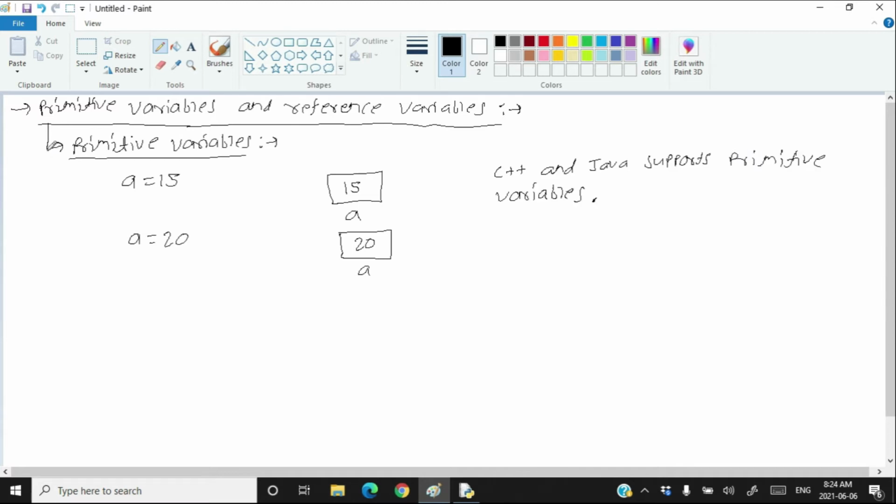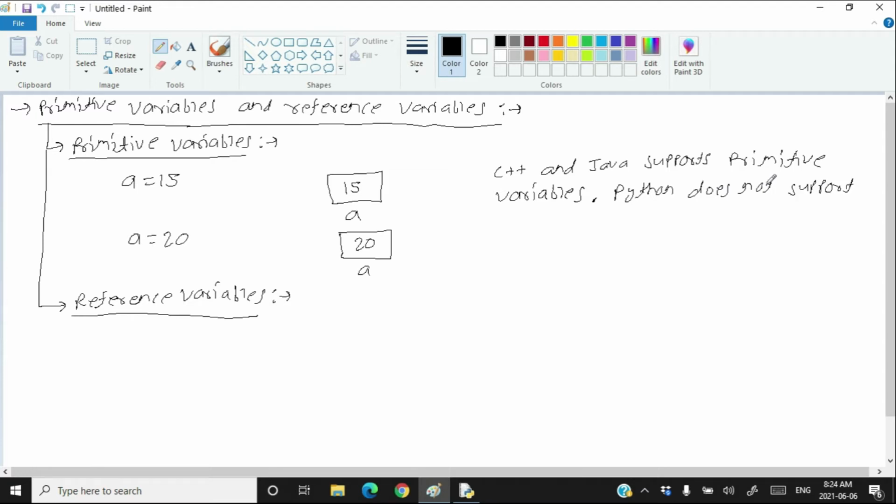The second type of variable is called a reference variable. Python does not support primitive variables. Now, let's come to reference variables. Whatever we have discussed up to now about variables, all were reference variables.